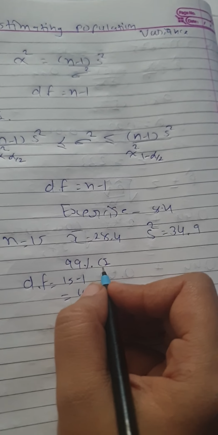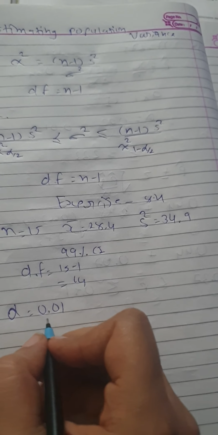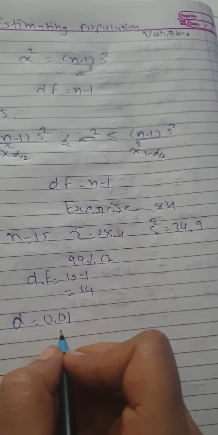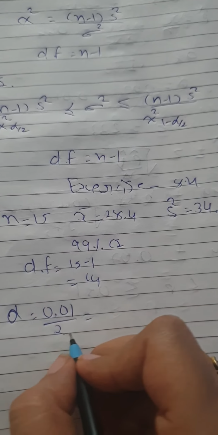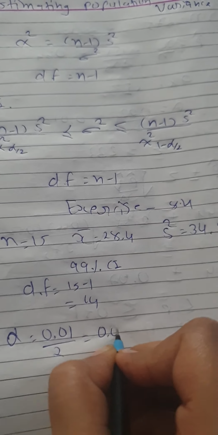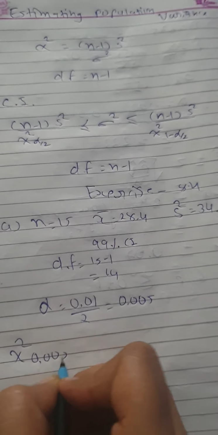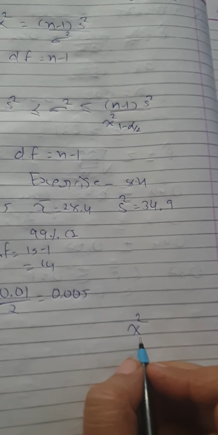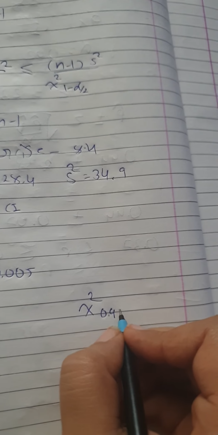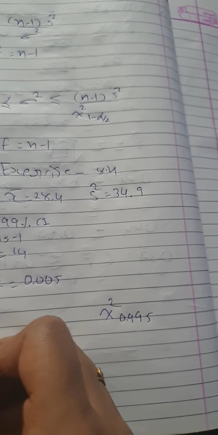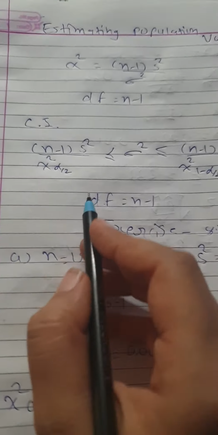And the confidence level is 99%, so your alpha will be 0.01, right? So you have to check the value at both levels. Firstly, dividing alpha by 2, your value will be 0.005. So you have to check your chi-square value at 0.005, and at the same time 1 minus 0.005, so it is 0.995. Degree of freedom will be the same, that is 14, right? Why are we doing it like this? Because it is in the formula, right?